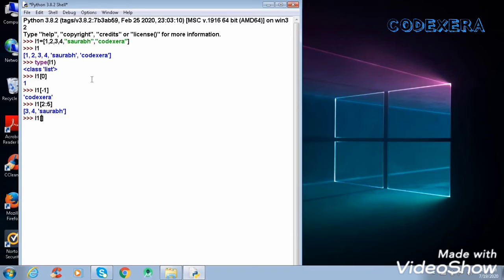L1 at index number 4, we write tutorial. Now we see that its value changes from Saurabh to tutorial. So we can update values in a list by using the index number.